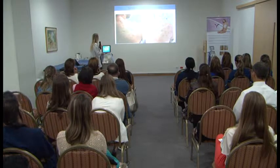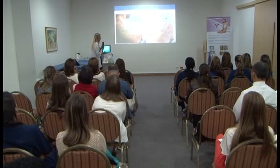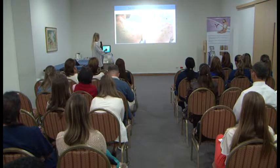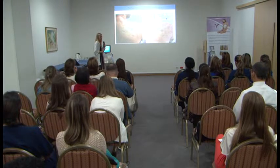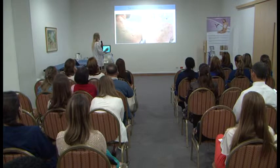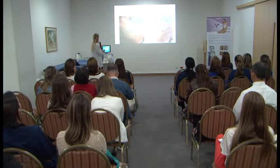For the keloids, this is a keloid, because I treated it also with steroids and it comes back, and I treat it and it comes back. So for keloids, this procedure is not so good in my opinion. But for all other scars, you can get very good improvement. Here you can see